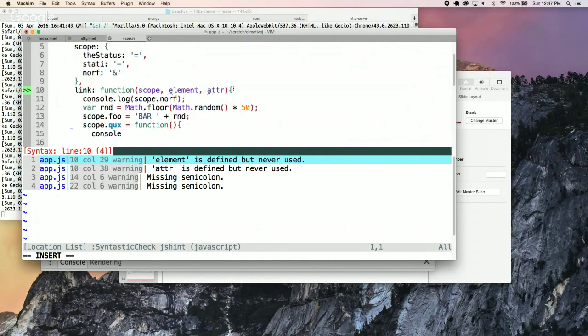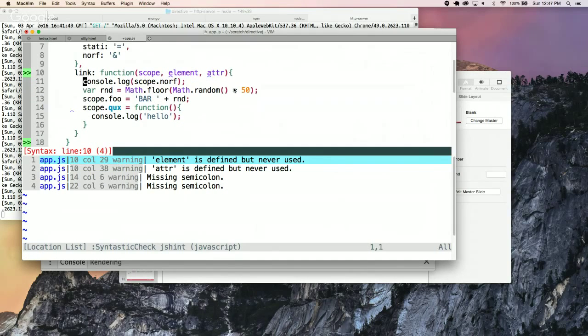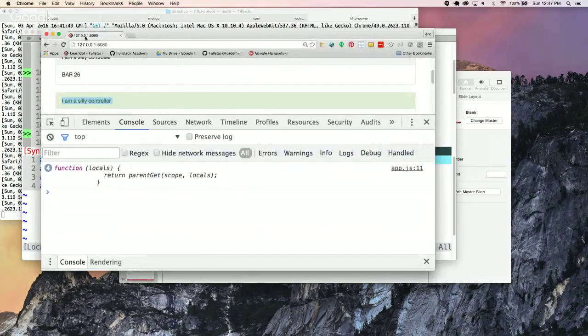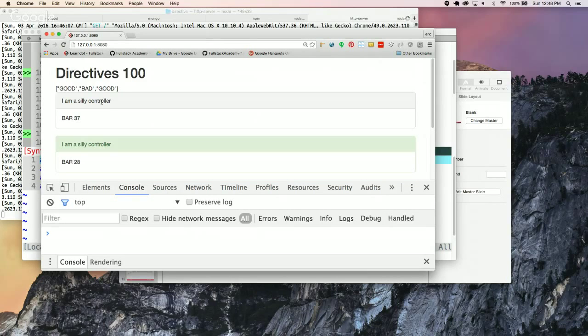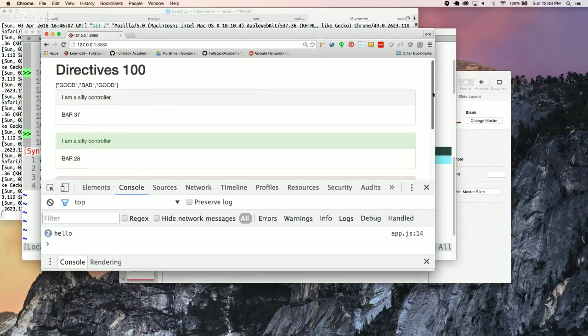And let's do console.log hello, just so we can see it. And let's get rid of this console.log here. And what should happen is no matter which one of these we click on, it's going to say hello. Now, what we really wanted to do,